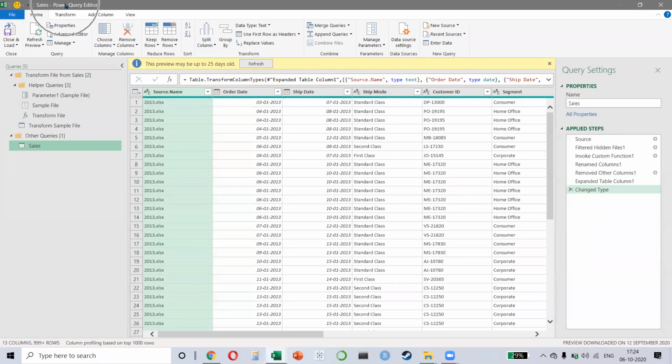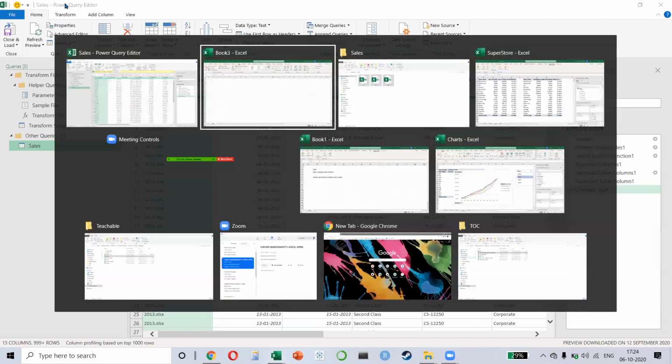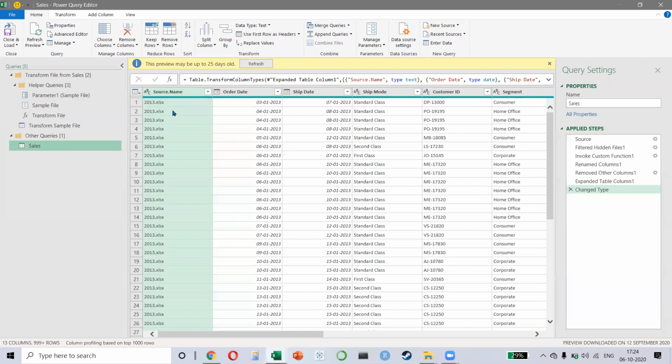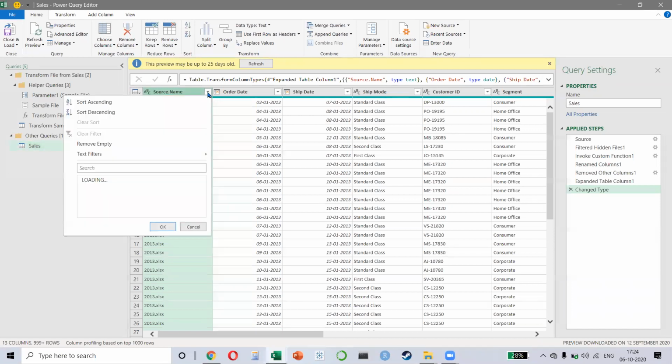You notice that Power Query has opened automatically. So I'm working in Excel, but Power Query is also open, which is a part of Excel. And if you notice the first column called Source.Name, this one tells me that I have 2013, 14, and 15. All three are together. Amazing, right? How cool is that? This means that in a single click, you can combine 100, 200 files, even of different types if you want to, but usually you use the same type.